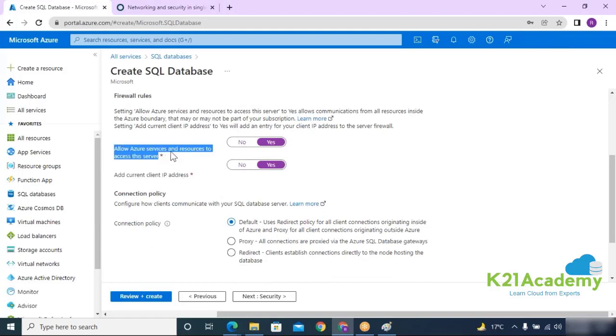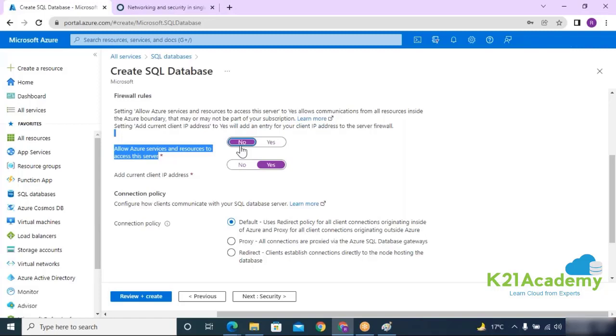Now your database is so secure that even Azure services cannot access the database until and unless you would like to allow them. So there are two ways, guys, that you can deal with. You can click this option as no. The moment you try to integrate the service, it will throw you an error with a public IP, showing which public IP you need to allow to have the accessibility,